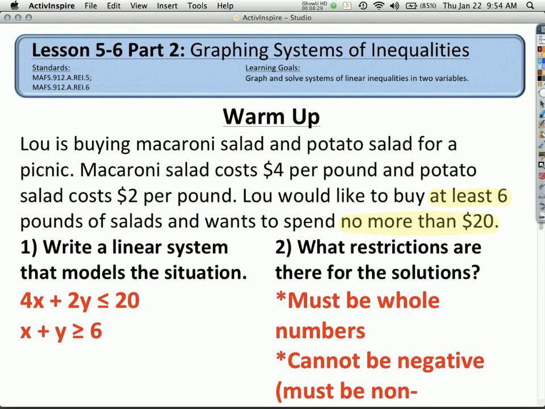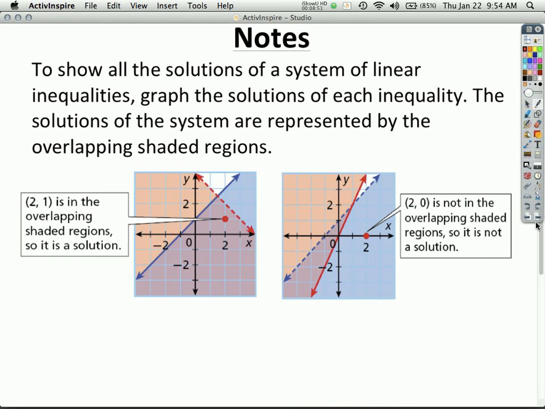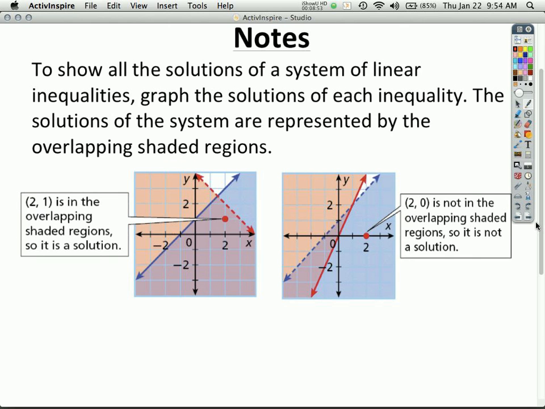Okay? So today is 5-6 part 2, so we are not going to pause for homework and getting the scores for homework. That will be done the next time I see you, tomorrow. And we're not going to quite continue where we left off. We're going to refresh what we did, and then take it to the next level. So, here is something that you already saw. And this is just to refresh your memory that